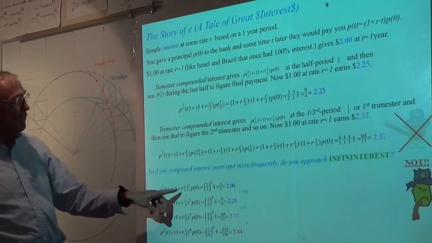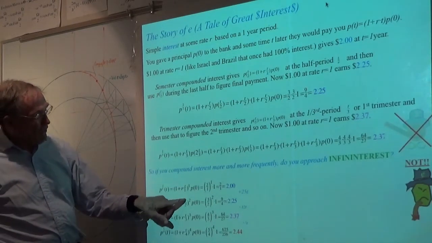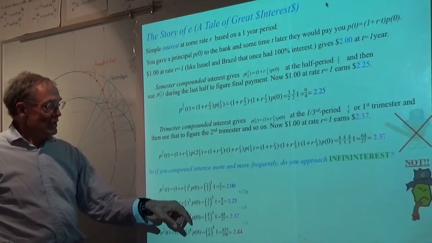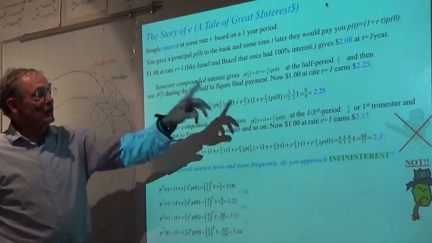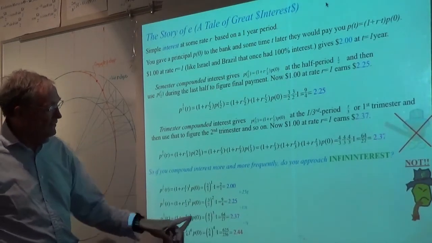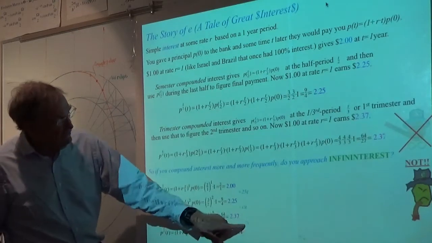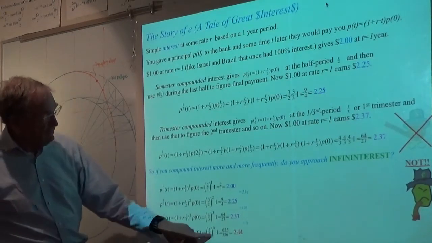So basically, let's go over what we had. We had $2 for simple interest, then 1 plus r over 2 squared. Well, that's 3/2 squared. That was $2.25. I picked up 12 cents right there on the next go around to make 37. You see, but I'm only getting 7 cents on the quarterly, you see.